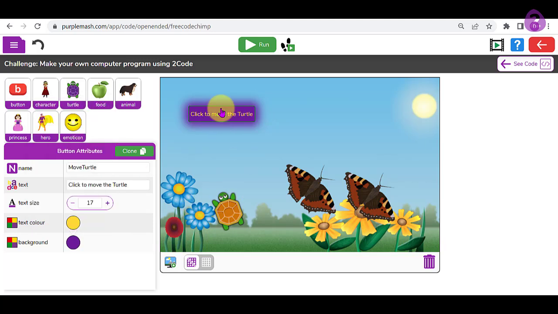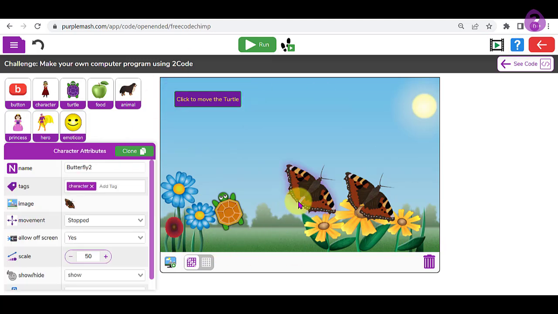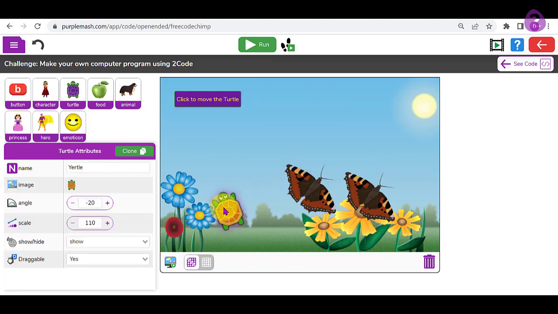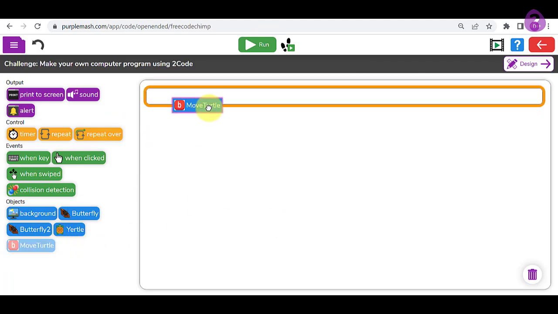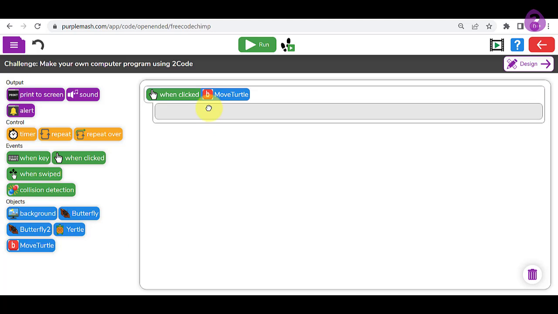So here is my button. I'm going to position it where I want it to be. Now that we've set up our objects and we've manipulated their attributes so that they will do exactly what we want them to do when I run the code, I can then program them on the code window. So the first thing I want to do is to program my button so that when I click on the